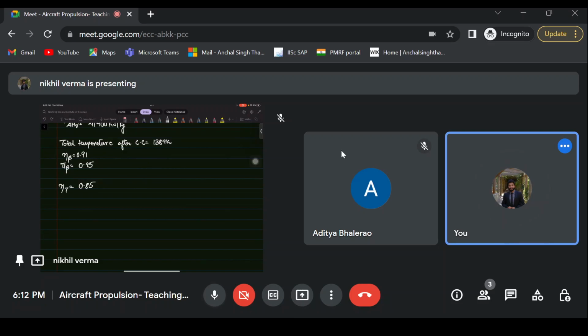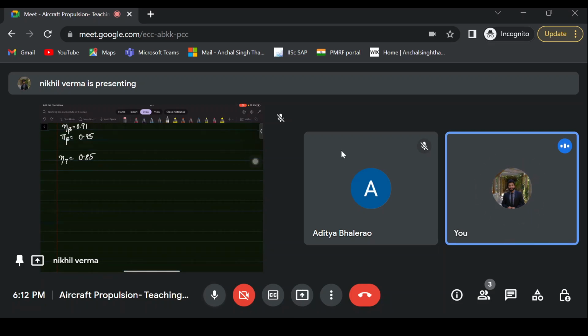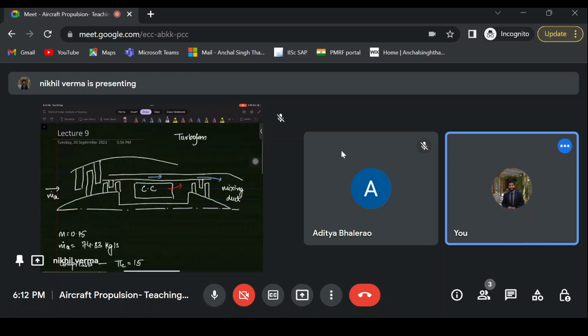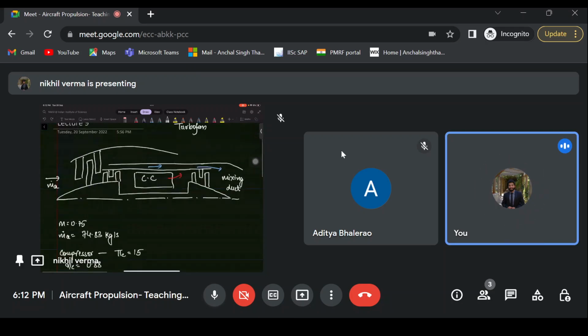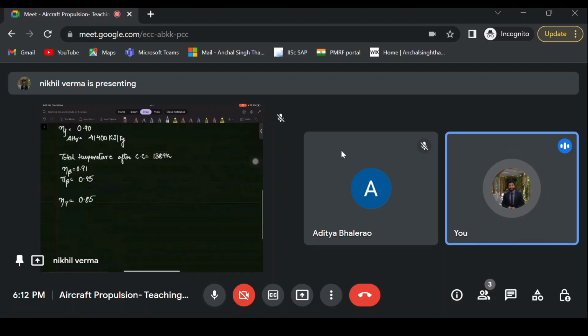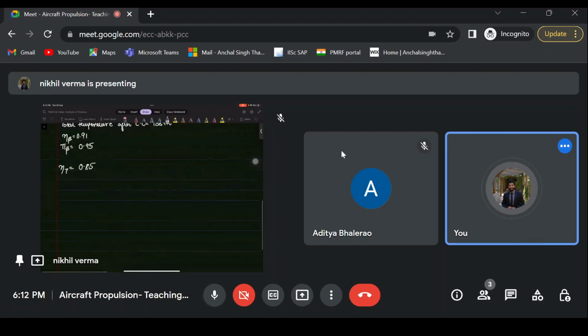The duct, this duct, has a total pressure ratio of 0.97,